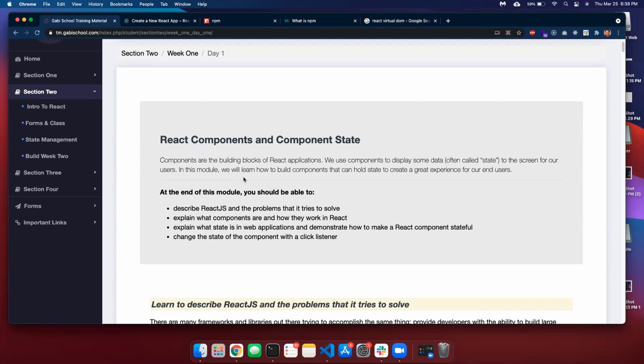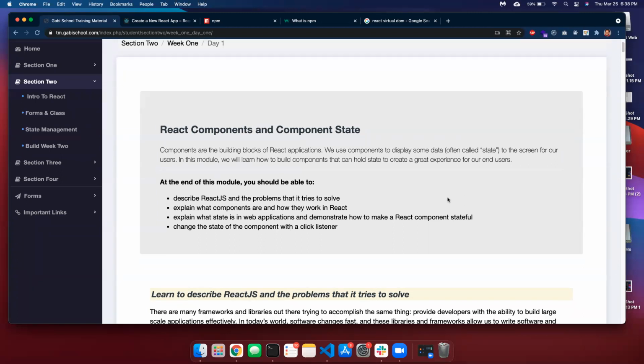So it says here, components are the building blocks of a React application. We use components to display some data, often called state, to the screen of our users. In this module, you will learn how to build components that can hold state to create a great experience for our end user. Some of the things that we'll cover and you will understand at the end will be,